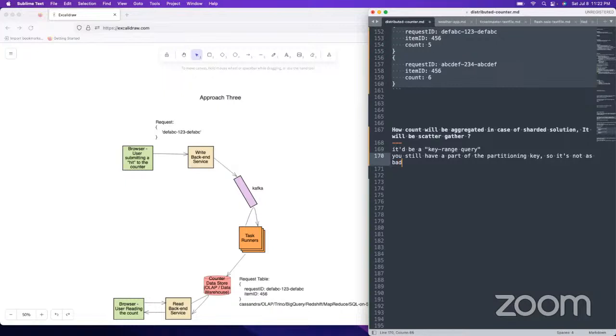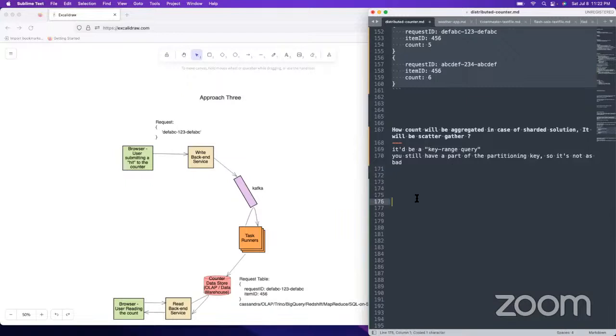If you didn't have it as part of the partitioning key, it would be really bad, and that's where you're hosing all the partitions, like we've seen in some of the other problems. It's really crucial that you have something from your primary key remain in that thing when you're doing a sharded counter. So it shouldn't be bad. It's really good that you caught on to that though.